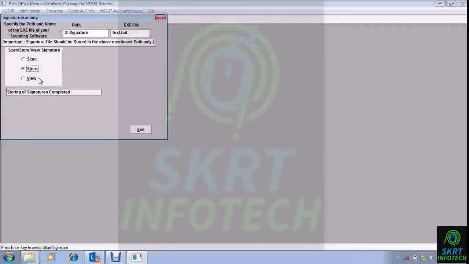Now this particular column or this particular place should have the URL of your printer ideally. So if you have to do one by one, it will take a lot of time. So for your convenience, what we are doing is we are creating a batch file, keeping it here, and we are just storing it once for all.